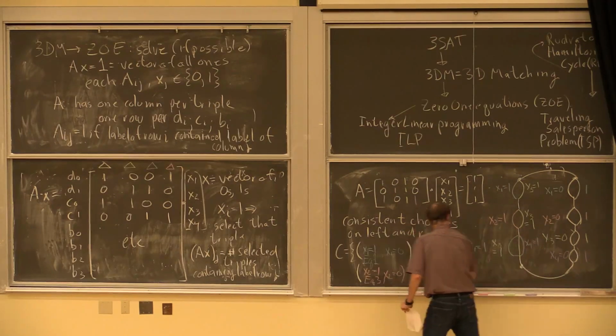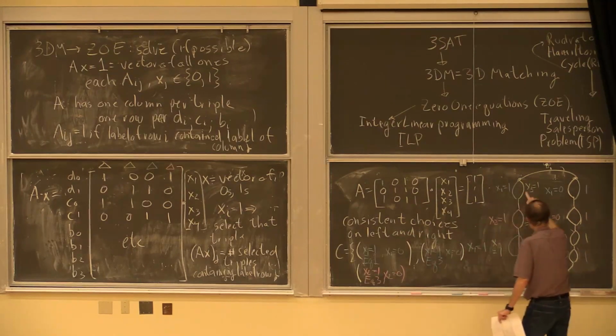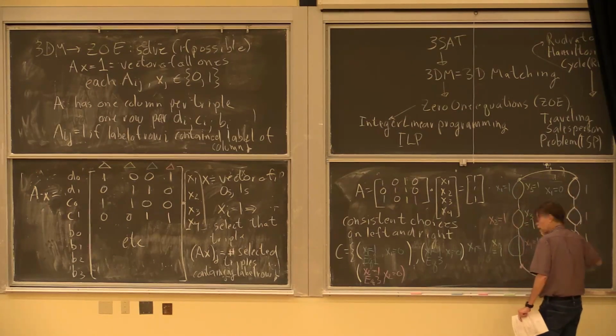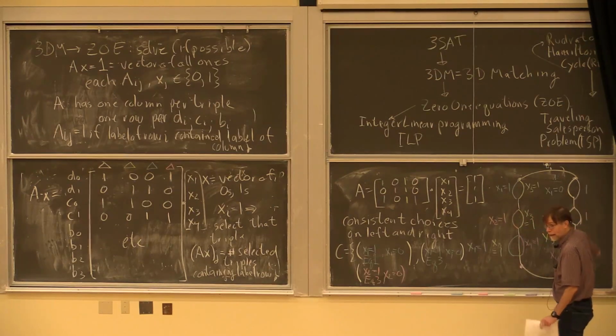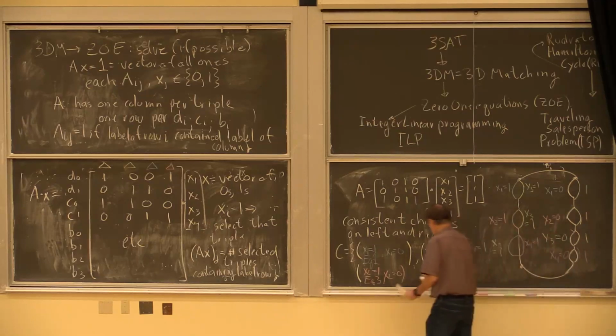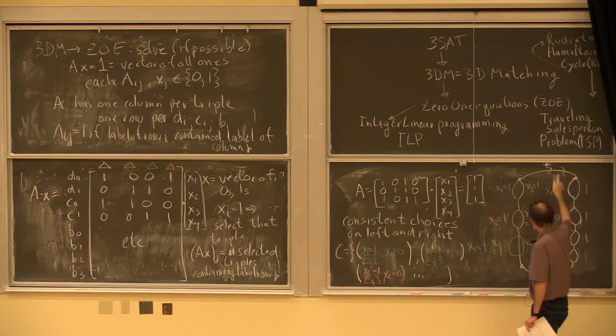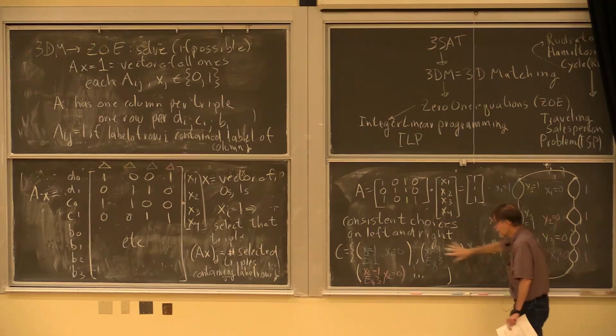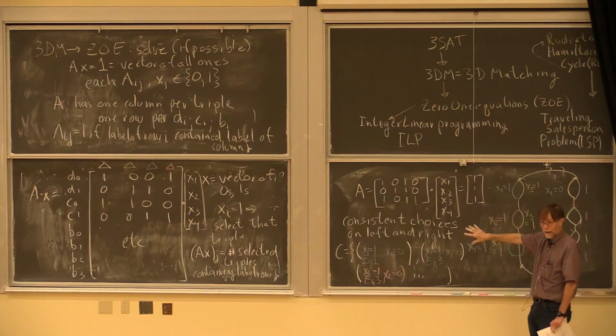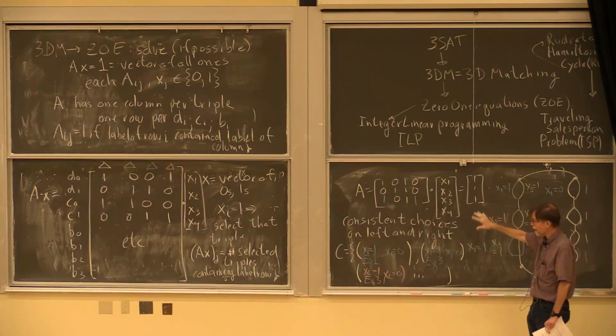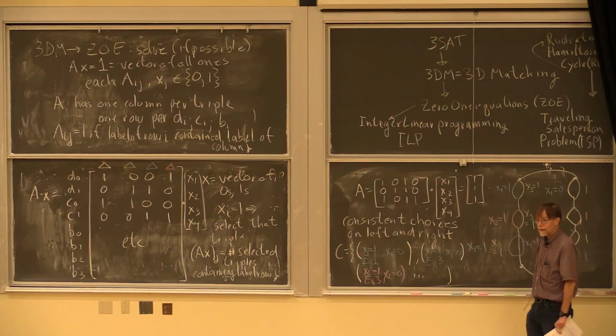So I'm just going to walk down through every one of these appearances of a variable over here, and then match it to the thing that it can't do on that side. Okay, and then if I can find a path all the way around here, a cycle that satisfies all these, then I've satisfied my Hamiltonian path with paired edges problem. Okay.